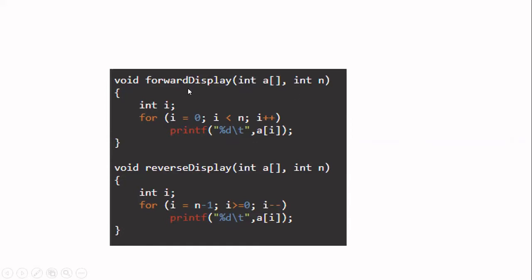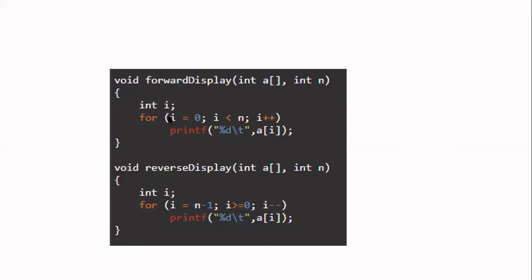Now, let us see what this function will do. This function will print all the elements one by one and it will not do any computation, so it will not return any answer. When the function is not going to return any answer, you can write void. So I am writing the return type of the function as void. Now, we will write the body of the function. Inside this function, we are going to print the elements of the array one by one.